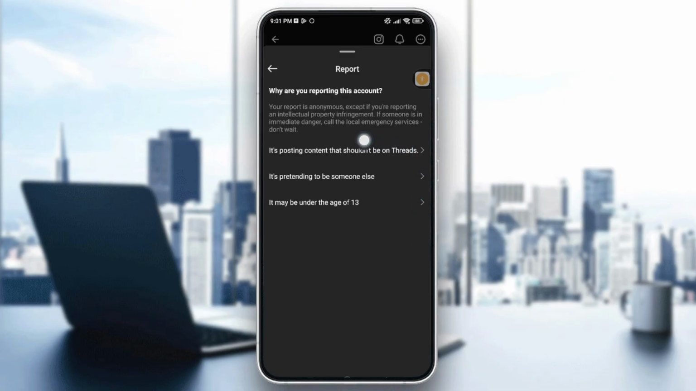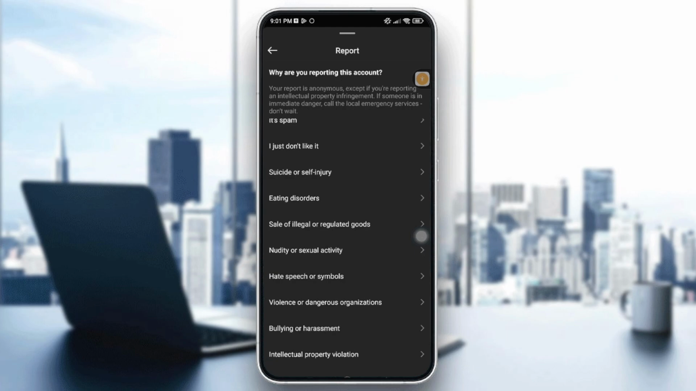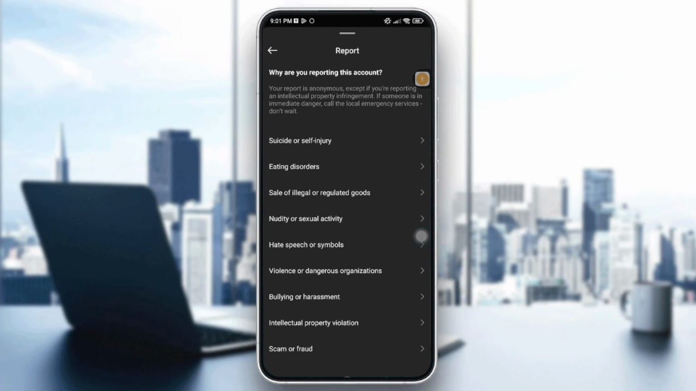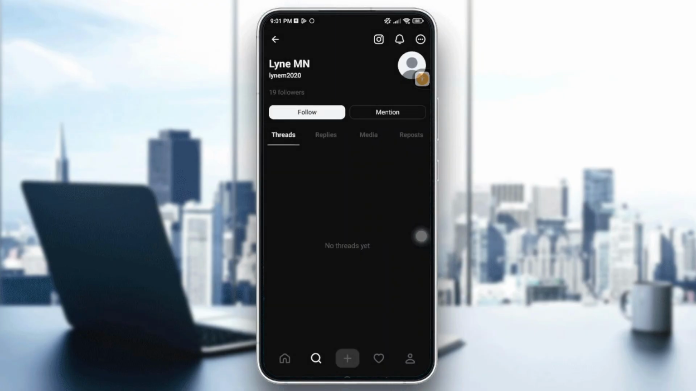And most people report pages because they are posting content that shouldn't be on Threads or that shouldn't be on social media. So let's go into the first one, and here you can select whether it's because of spam, suicide or self-injury, nudity or sexual activities, etc. So I'm not going to continue because I don't know him. He did nothing wrong to me,